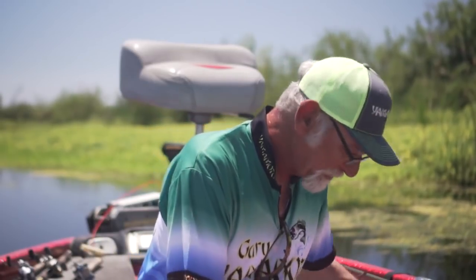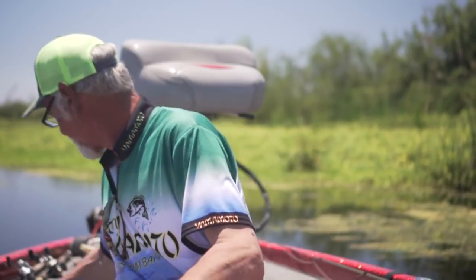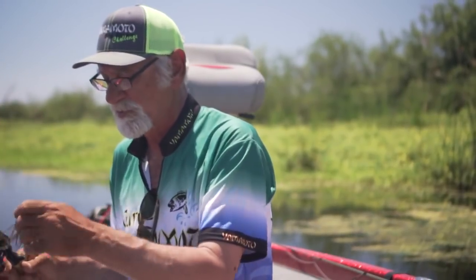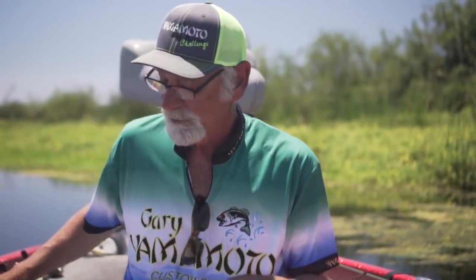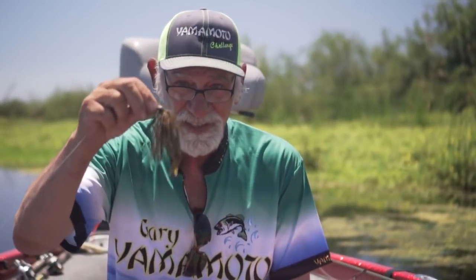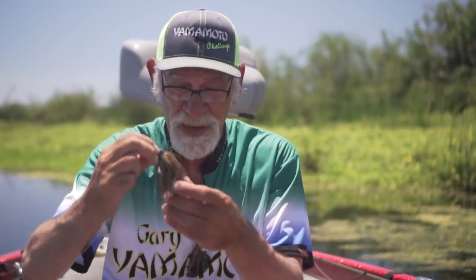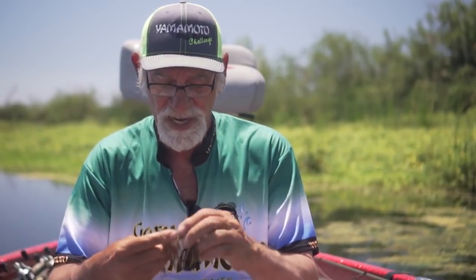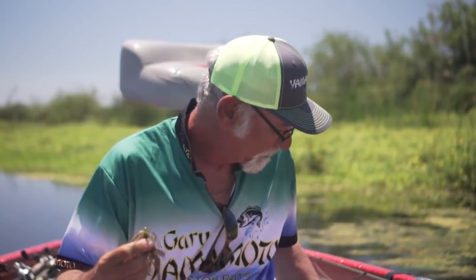The last bait that I would have on, you know, we've got a lot of pre-spawners and a lot of post-spawners, which means you're going to have fish coming up out of deep water. My number one choice for that is a jig and Yamamoto flapping hog. That flapping hog on that crawdad is an extremely productive bait. I like using right now